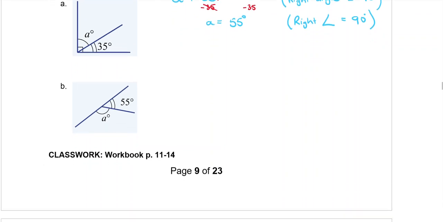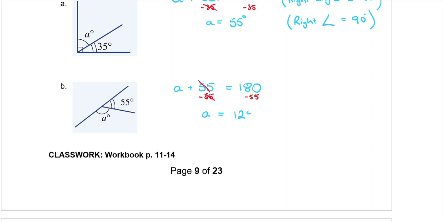This time we have a straight angle that's been cut up into two pieces. I'm going to add the two pieces together. I have an A and I have a 55. I always like to put the pronumeral first because that's how we like to see our equations. Those two things added together make 180 degrees. To solve the equation, I'm going to subtract the 55 away from both sides, and that will give me A equals 180 minus 55,